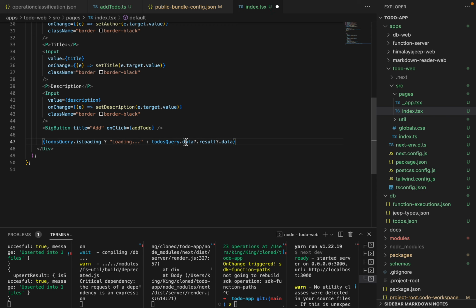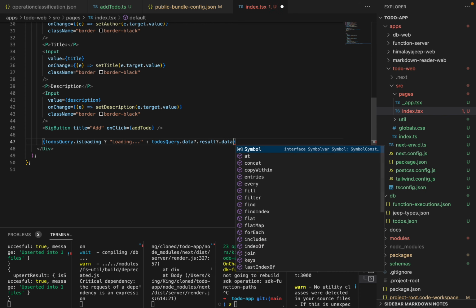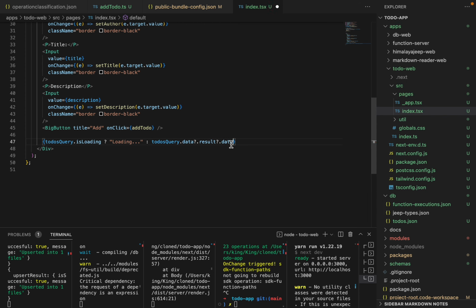It's a bit deep, but that's because this is React query, this is the API, and this is the result of that function, because it also has some more information about your model, basically. So this should be an array, so we can map that,